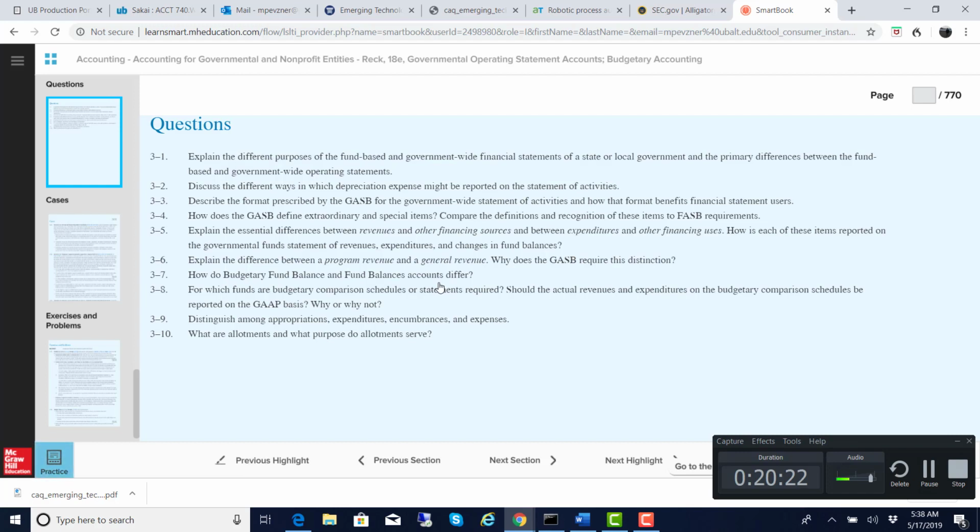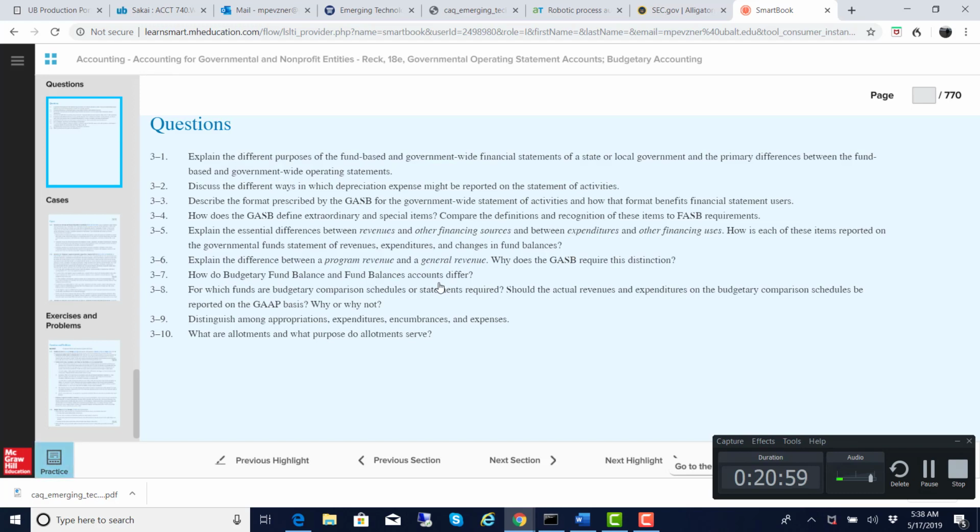But further down on page 78, at the very bottom, it says, the GASB standards require that the amounts shown in the actual column of the budgetary comparison schedule conform in all respects with practices used to develop the amounts shown in the budget columns in the schedule, so that there is a true comparison. So we already said that. Standards further require that either on the face of the budgetary comparison schedule or in a separate schedule, the amounts reported in the actual column of the budgetary comparison should be reconciled with GAAP amounts shown in the statement of revenues, expenditures, and changes in fund balances.